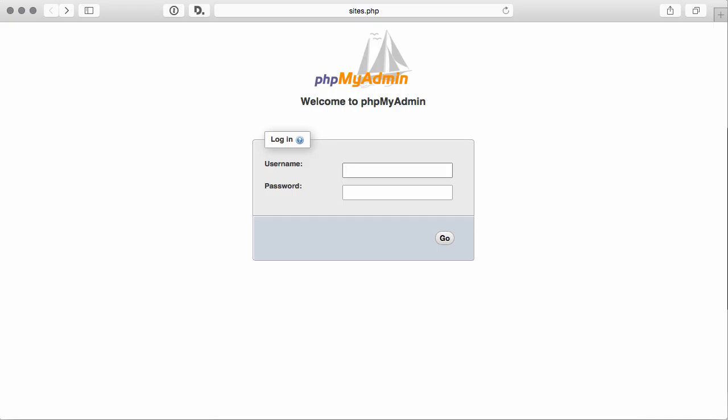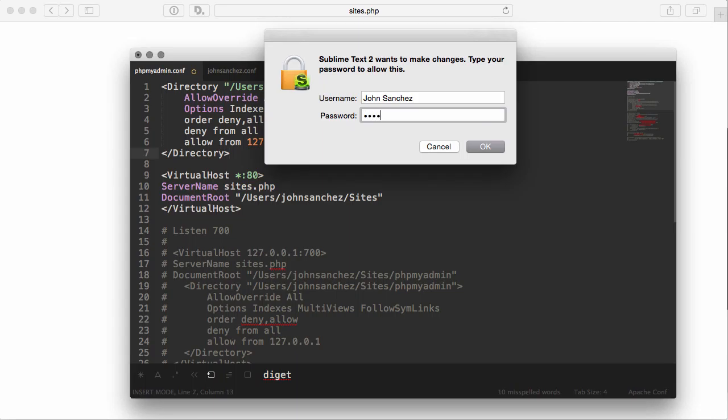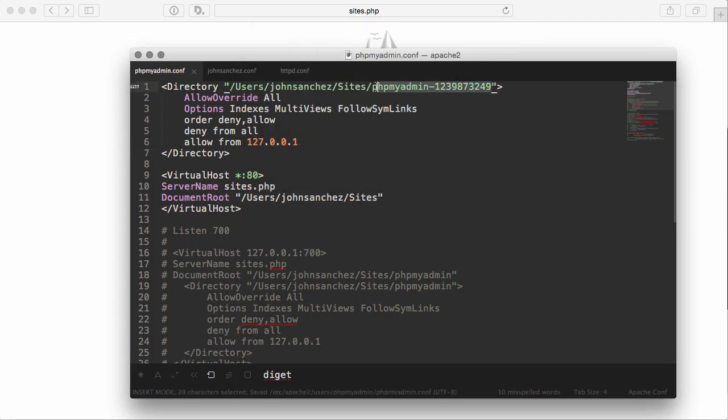Now one thing we could do is change the PHPMyAdmin directory to something else. So if I jump back into Sublime and take a look at my directory here, we have the directory for PHPMyAdmin under this path. What I could do is change the path to say something like dash and then some random string of numbers. We could do that, and then we could save this. And then if we restart Apache, we'd have to make sure that we remember